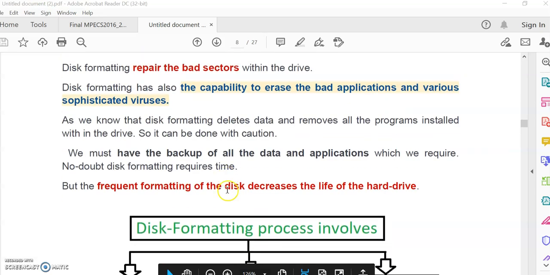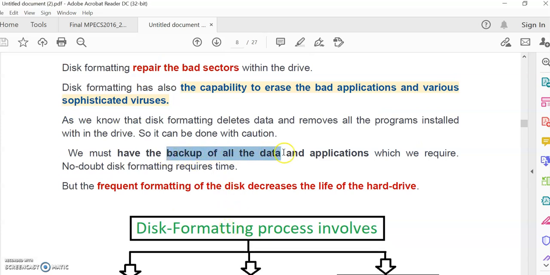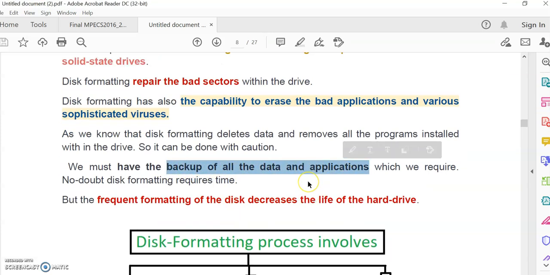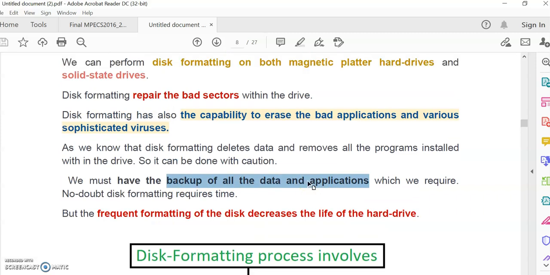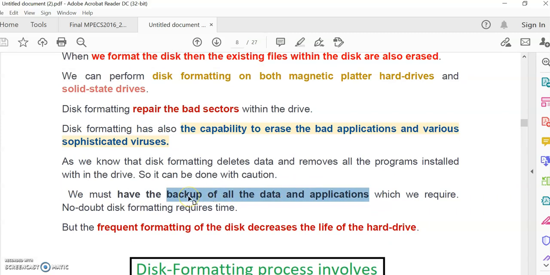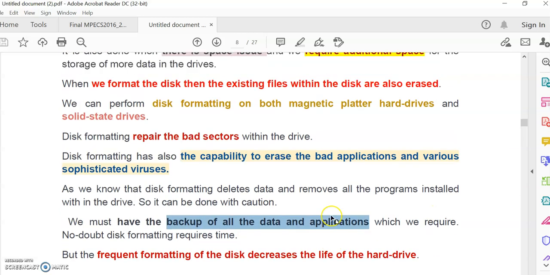Before we do the formatting and delete the content, we should take a backup of all the data and applications which are required further. So first of all, take the backup: attach some external hard drive or USB drive, take a backup onto a CD or another USB hard disk or pen drive, and then you can erase the content.